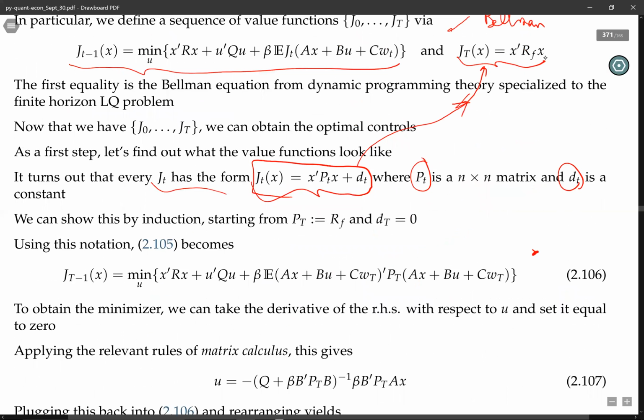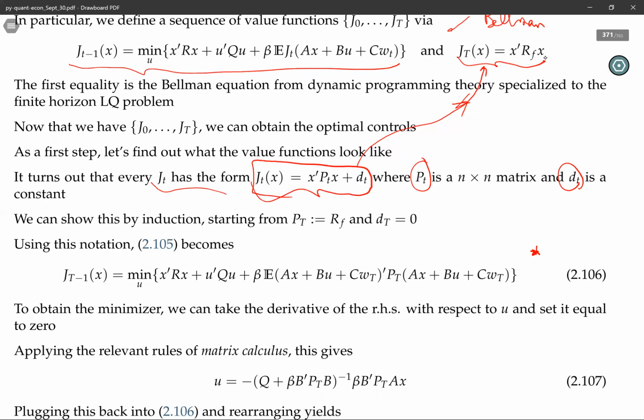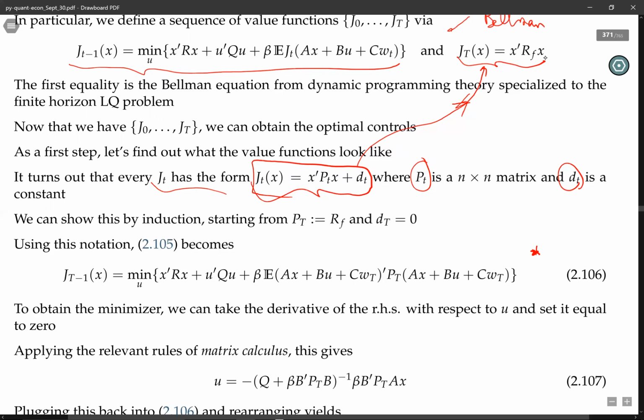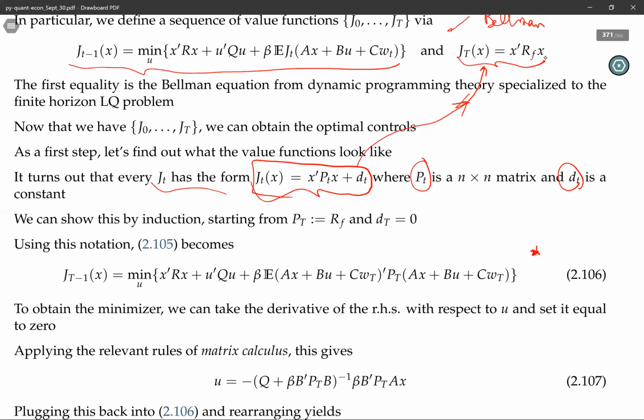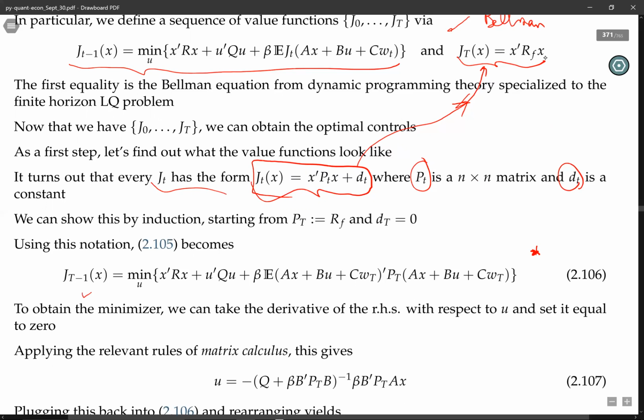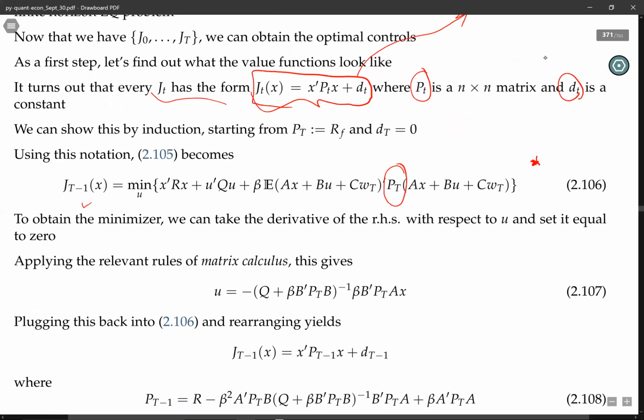Here's the key line. And we're going to use some matrix calculus. There's very simple formulas for, you can find them in Wikipedia, or I can give them to you, for differentiating linear and quadratic forms. So our problem is, here's our Bellman equation. We now have this quadratic form here. Here's our problem. We want to minimize this with respect to u. If we take the first order conditions and rearrange, we get the following expression for the optimal u, which is